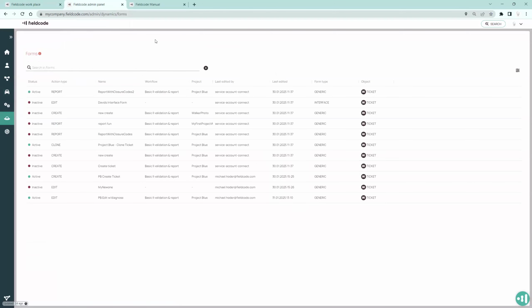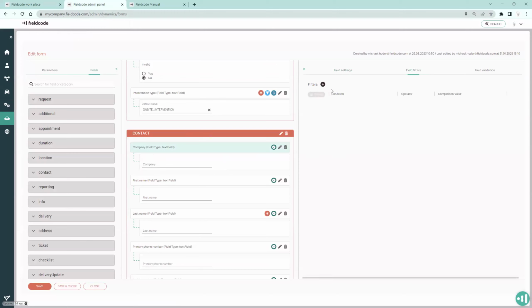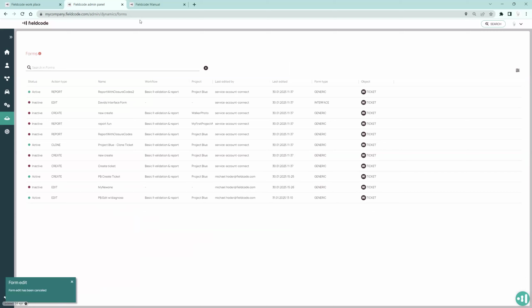Forms, two releases ago, I think we introduced grouping of filters for dispatch groups. We've now added that functionality here to forms. So now you can go to the filters page, create several filters, however you need to, create more, and then you can group them together. If you need to group them together, you now have this feature in forms, which I think will be a great feature for all of our form builders. You can now create even more dynamic fields for your forms. All right, on that one,